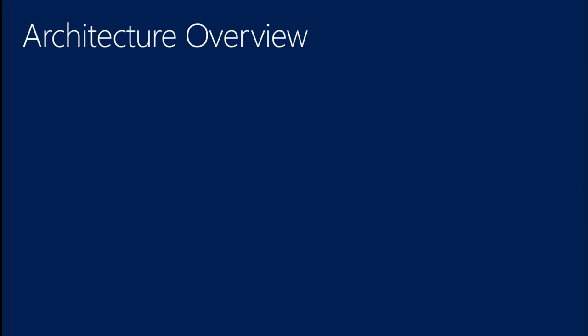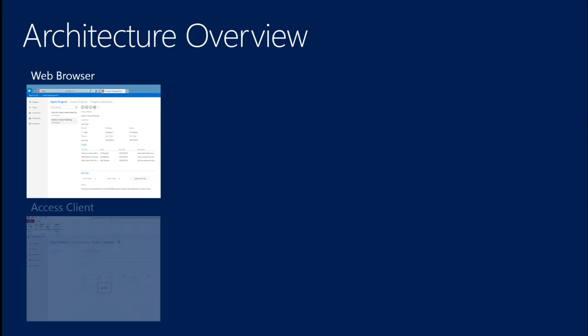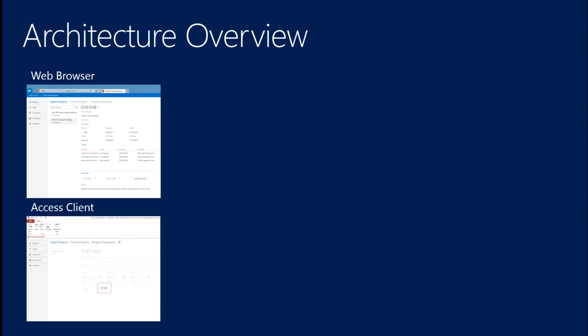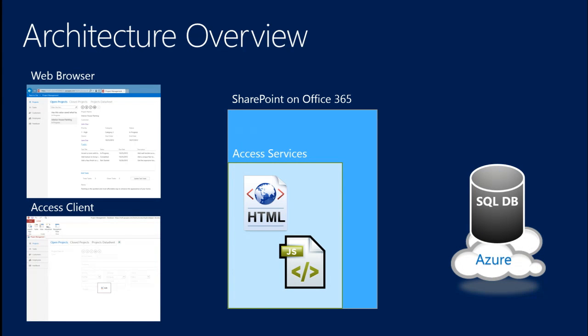So, architectural overview. Mentioned the web browser is where your runtime is stored and run. Your Access client, specifically used for your designing of the app. All of your information is stored on SharePoint. Access services is stored in O365 if you're running in the cloud. And your data is stored in SQL database in the cloud. So the client creates the HTML and JavaScript. The runtime renders your HTML and JavaScript in the browser, and it connects to your database,